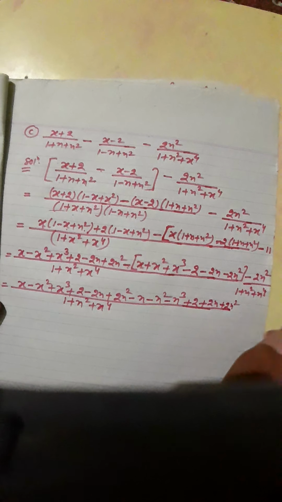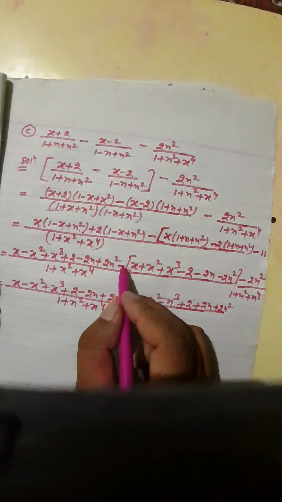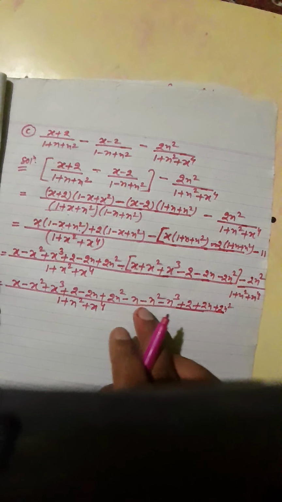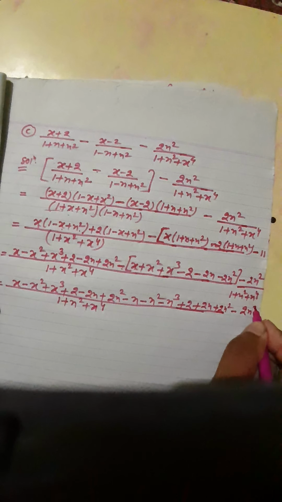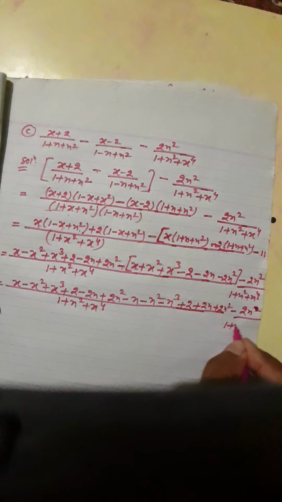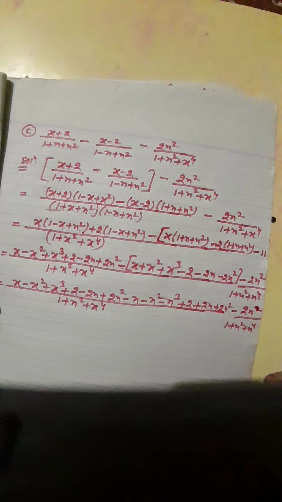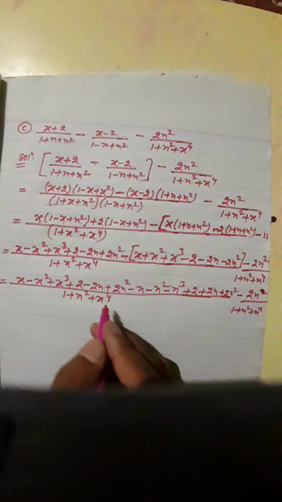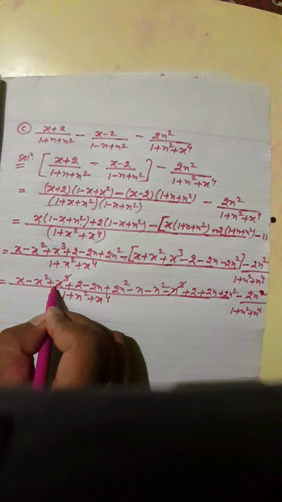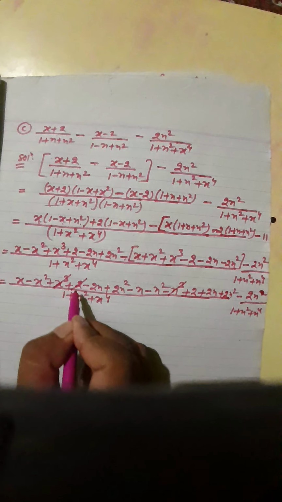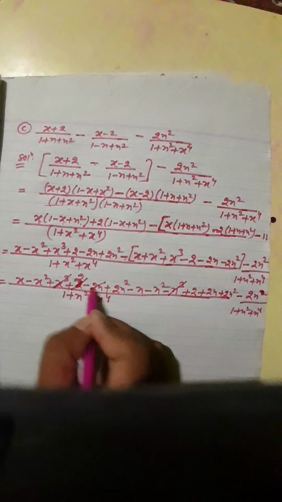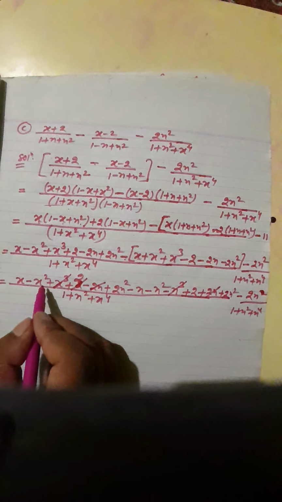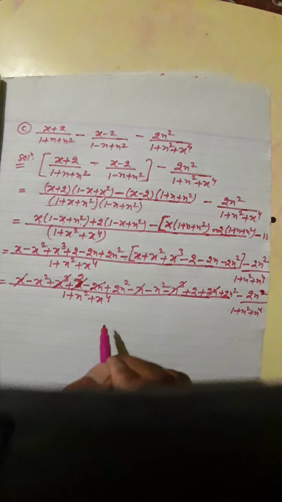We can write, a bracket is open already. This minus sign is multiplying to all the signs inside there, so all signs are changing to opposite. Now this minus 2x cube minus 2x square upon 1 plus x square plus x power 4 is put as it is. Okay, then here if it is possible to cancel minus plus, then we can cancel it. Here is minus x cube plus x cube, we can cut it. Similarly plus, sorry, this 2 is not cancelled, sorry. Okay, this 2 is same. Here is minus 2x plus this 2x, we can cancel it.